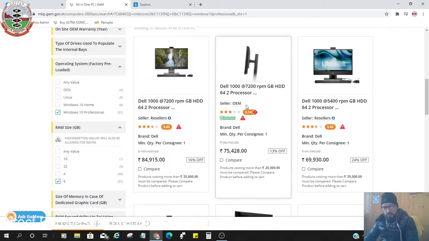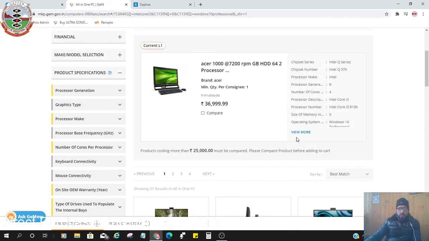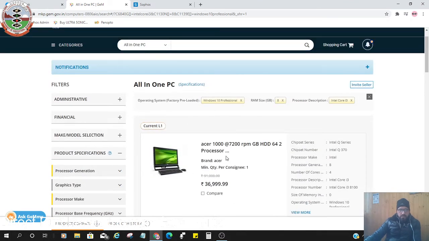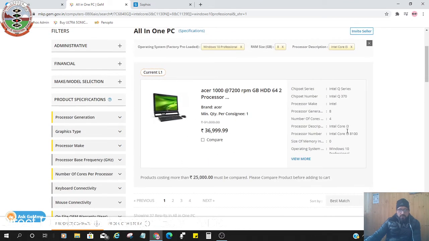You will give specifications as per your requirement. So the system has generated the current L1 for this specification.